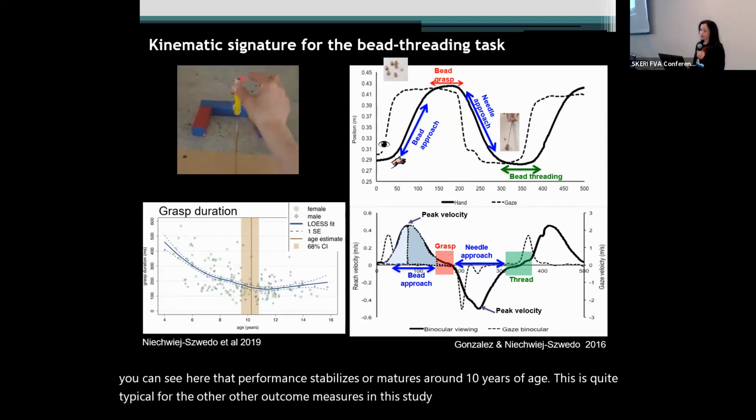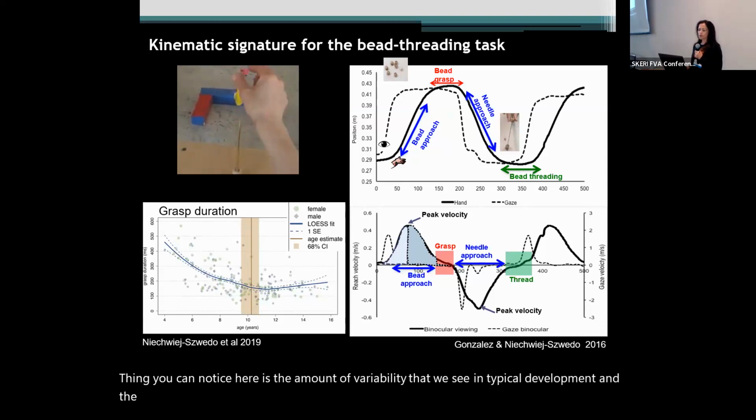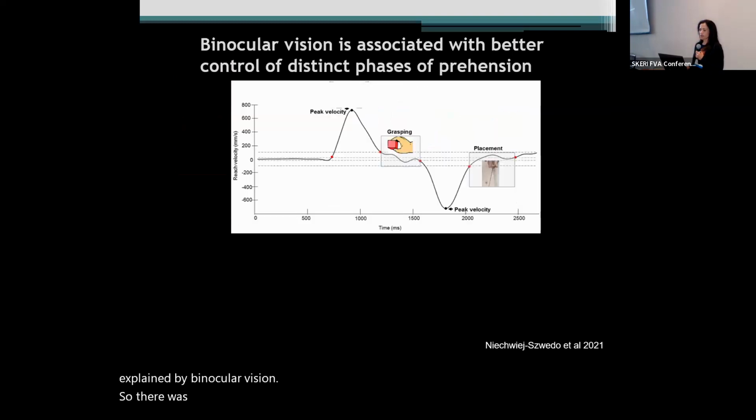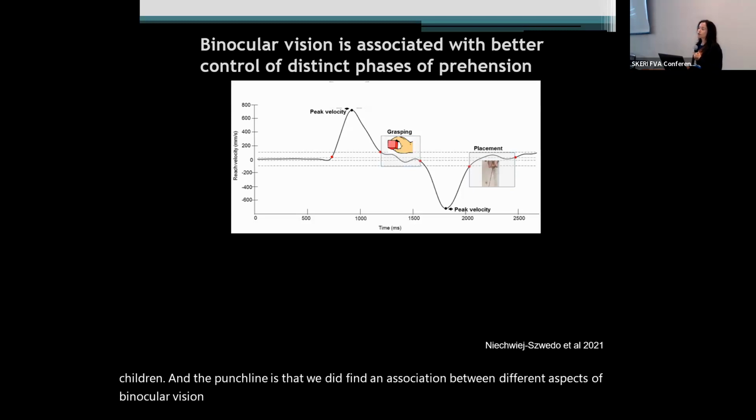And one striking thing you can notice here is the amount of variability that we see in typical development. And the question that we were interested in is whether some of this variability could be explained by binocular vision. So there was another study conducted to address this question with 60 typically developing children. And the punchline is that we did find an association between different aspects of binocular vision and better control of